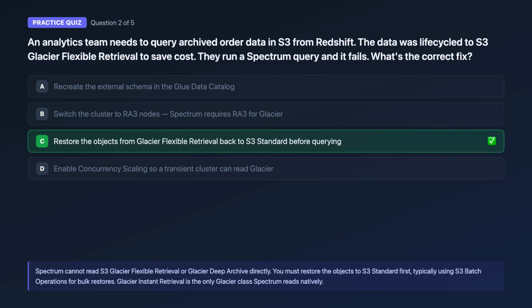There's no setting that enables it. You must restore the objects to S3 standard first, typically using S3 batch operations for bulk jobs. Worth remembering, Glacier Instant Retrieval is the only Glacier class Spectrum can read natively, because despite the name it returns data